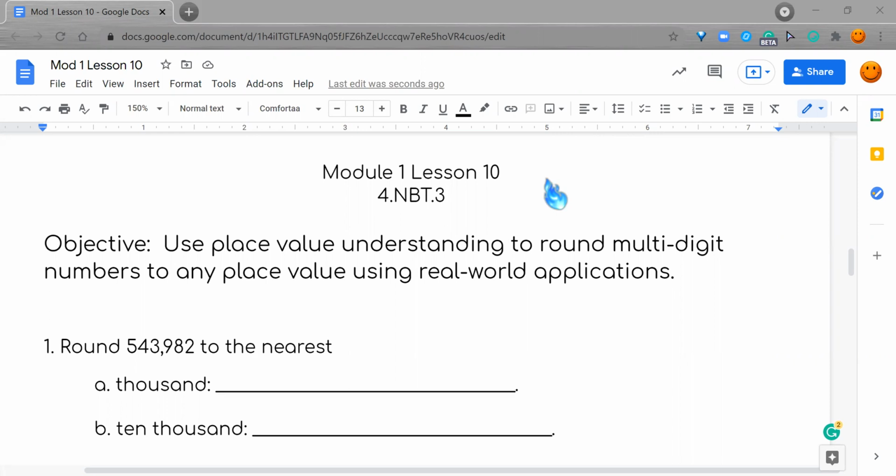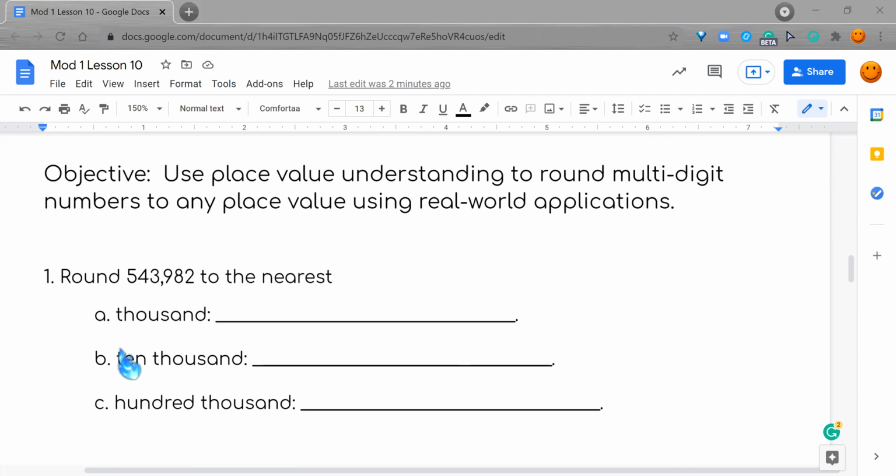And the objective today is that we're going to use place value understanding to round multi-digit numbers to any place value using real-world applications. So what do we understand about place value? We're going to start off doing some practice, and then there'll be some word problems. So here we go. If you see number 1 on here, it says round